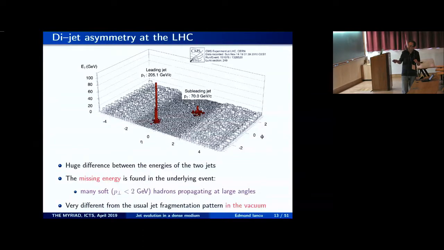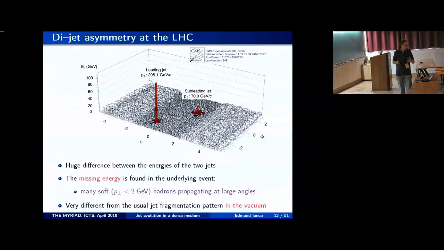So this is delta phi equal 0, this is delta phi essentially pi here, and around this jet there are other particles which are at a larger angle, so they're not a part of the jet anymore. And there are many, and they're relatively soft, they have energy about 2 GeV, but there are so many, you can imagine how many hadrons with energy below 2 GeV you need to create the difference between that jet and that jet. There are dozens. So this would-be jet here has lost